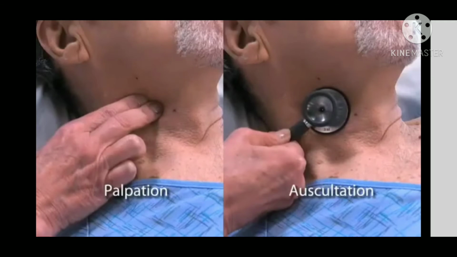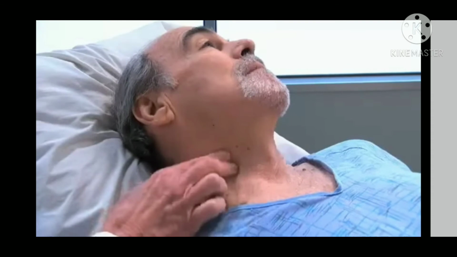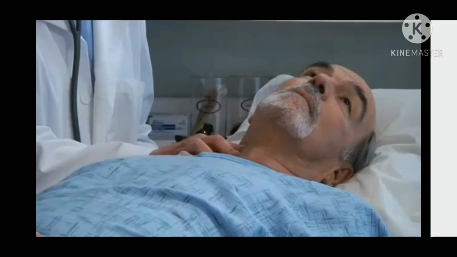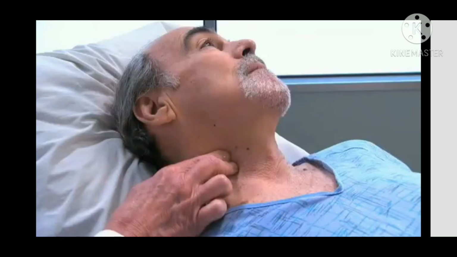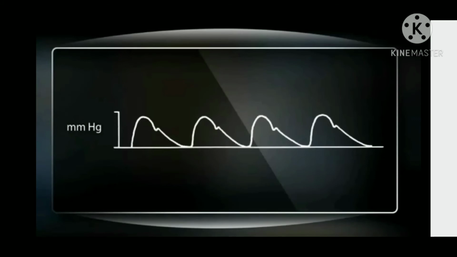Press just inside the medial border of a well-relaxed sternomastoid muscle, roughly at the level of the cricoid cartilage. Slowly increase pressure until you feel a maximal pulsation, then slowly decrease pressure until you best sense the arterial pressure wave and contour. The illustration represents the contour of the pulse wave, speed of the upstroke, duration of its summit, and speed of the downstroke. Normal upstroke is brisk, smooth, and rapid, and follows S1.